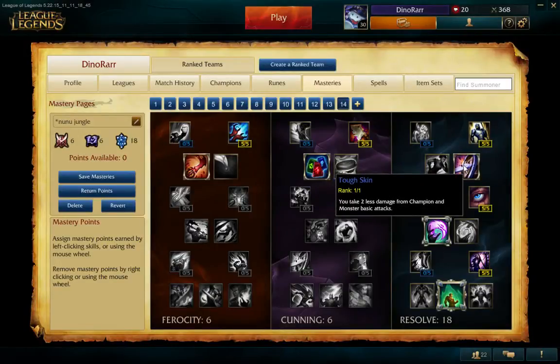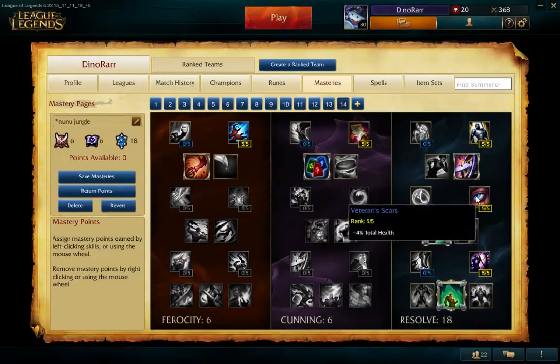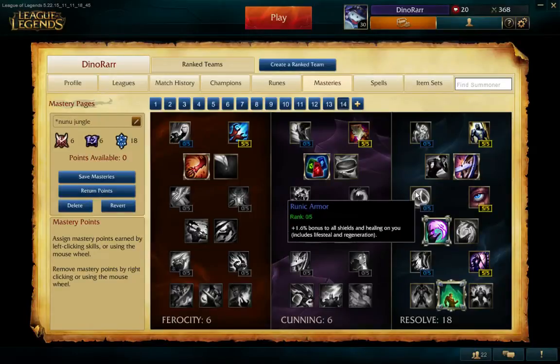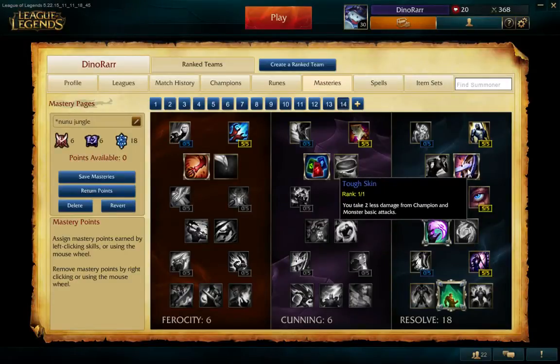So I have my point here in tough skin, and it's just going to make him a little bit tankier against champion basic attacks, but the monster basic attacks would be nice as well. And I'm going for veteran scars over runic armor here. I'm not sure if runic armor would scale up his Q. I don't think it does. So veteran scars,